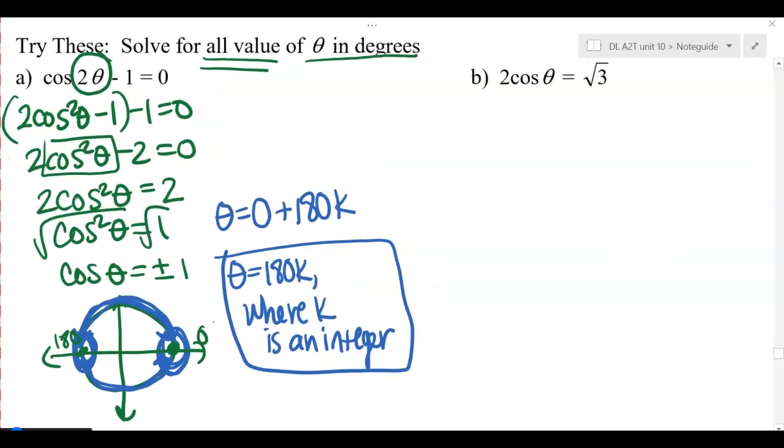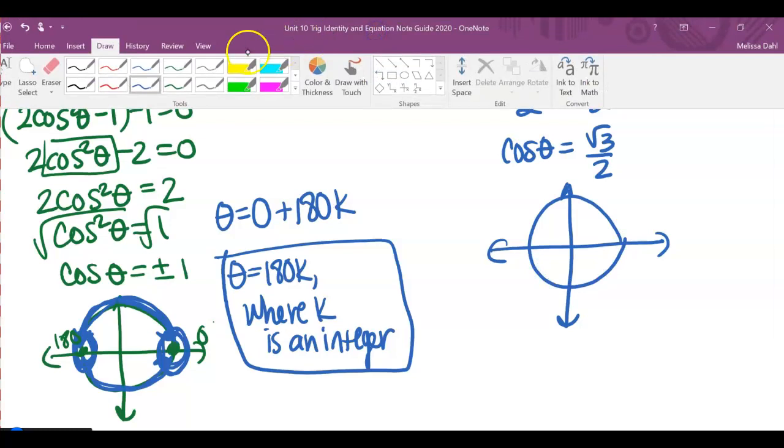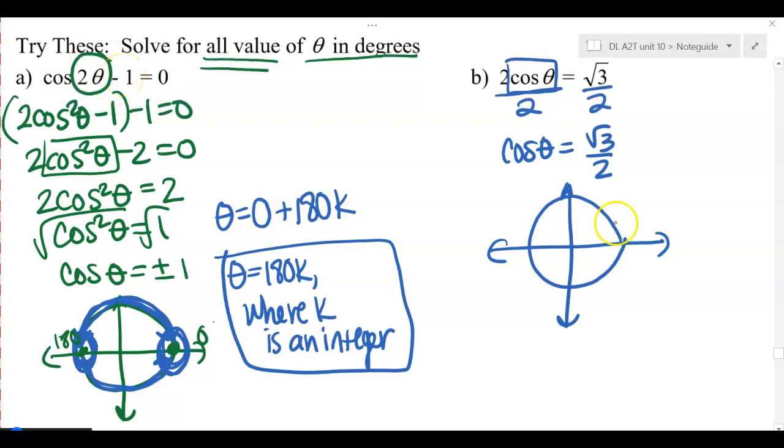Okay, now looking at part B, again, all the cosines are here. It's almost isolated, so I'm just going to divide by 2. So I have cosine of theta equals rad 3 over 2. So think about your unit circle. Where does the cosine of theta equal positive rad 3 over 2? So cosine is the x-coordinate. The x-coordinate is rad 3 over 2 at 30 degrees, as well as